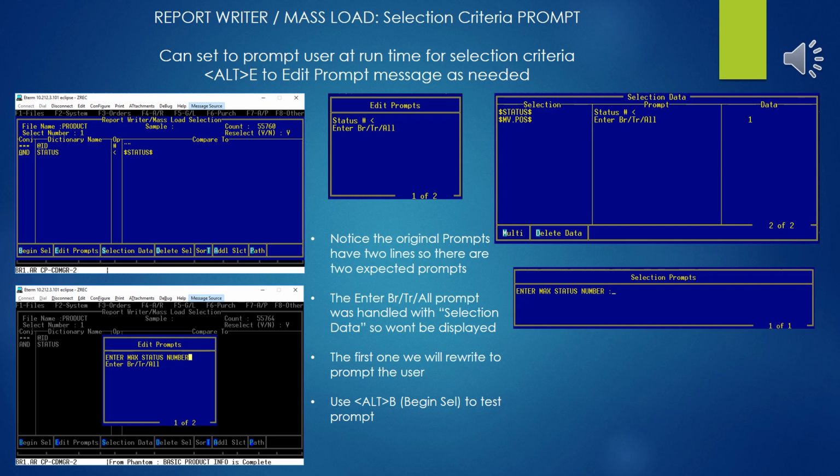Ideally, the prompts that are automatically populated by Eclipse will not make a whole lot of sense to the users. You'll want to rewrite them. So in this case, I've gone ahead and rewritten the top line status to enter max status number to prompt the user. Hopefully they'll make more sense of that. I leave the second line alone because it's not even going to display, because I've already given it that information